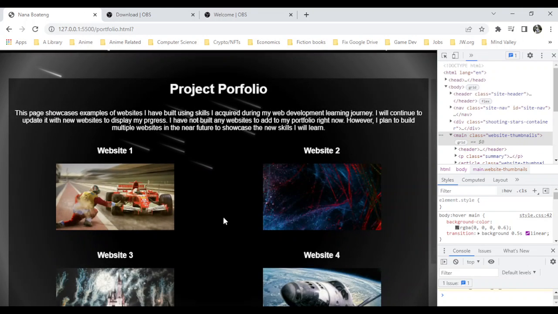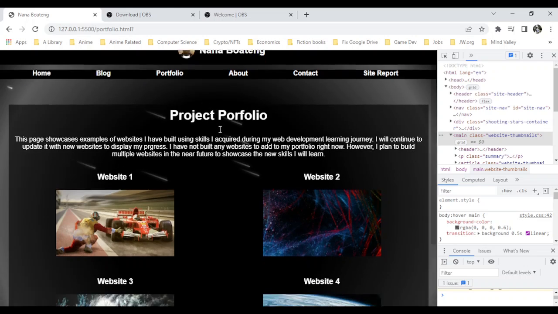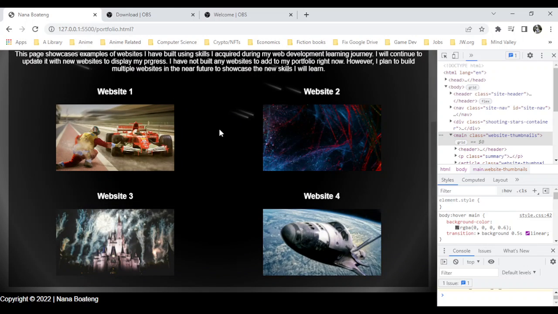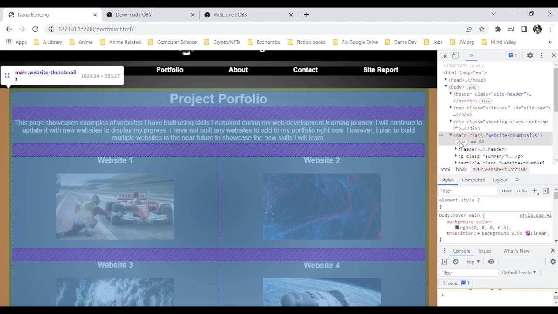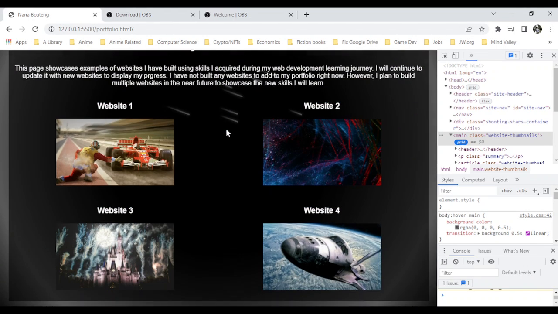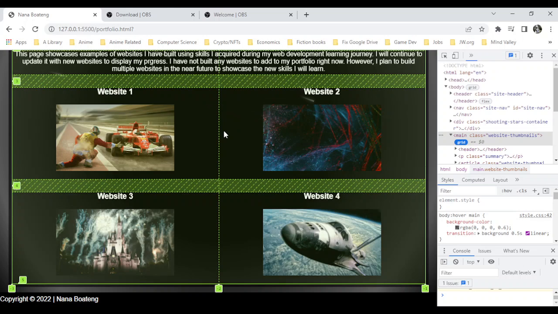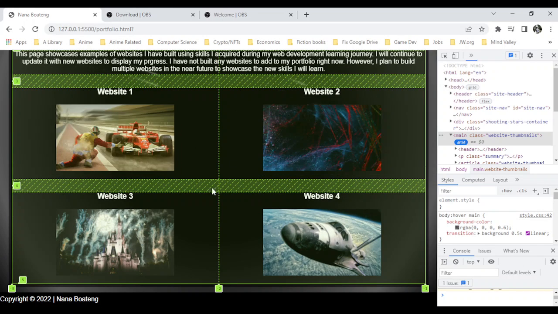So if we go over to the portfolio, we see that it's quite similar to the index page. Like I said, it uses a single column, three row grid, and again, it has the animation in the back. The only difference with this is that the main of this page uses a two-column layout, a two-column grid layout, again using CSS Grid. Some elements are stretched across the grid completely, while others are contained in a single grid